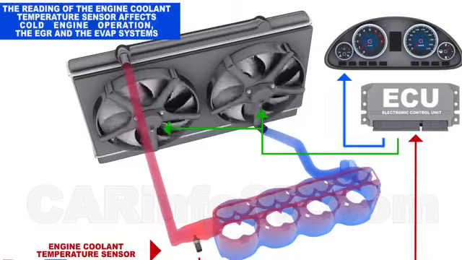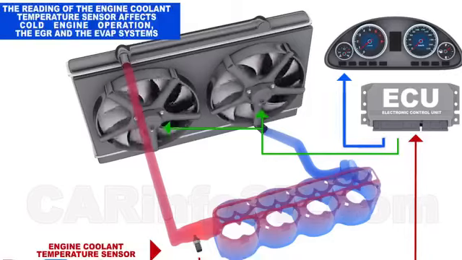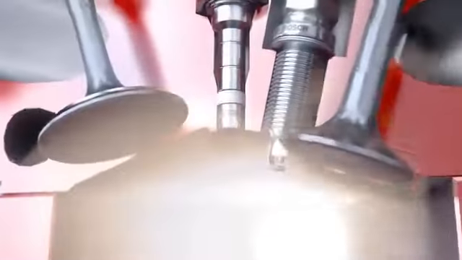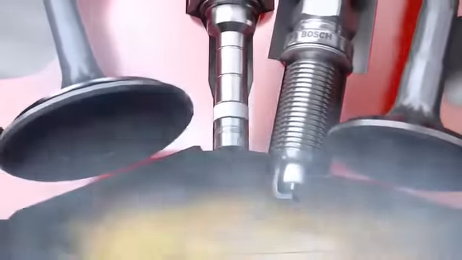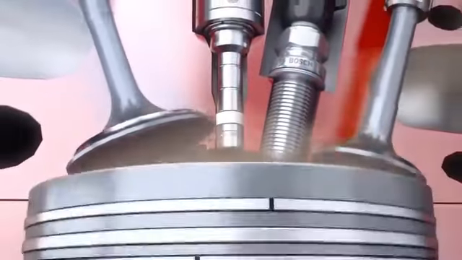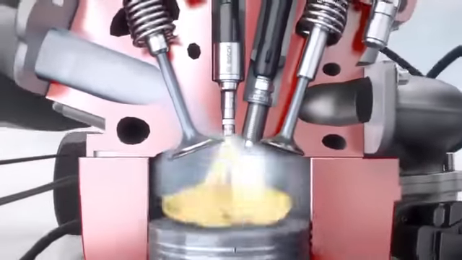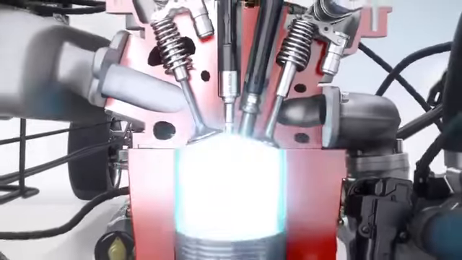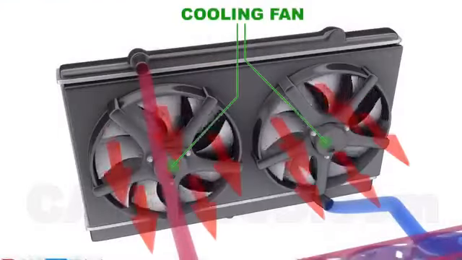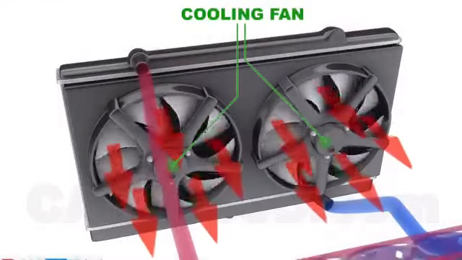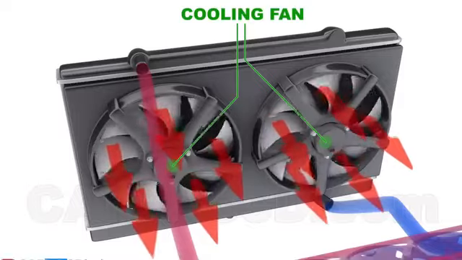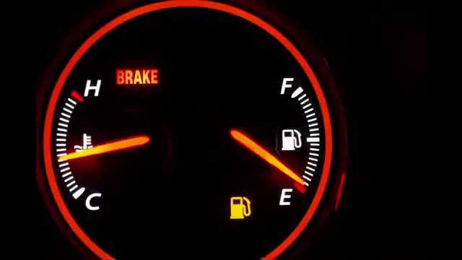It uses this data to adjust various engine parameters, such as fuel injection, to enrich the fuel mixture when the engine is cold to improve starting and warm-up. Ignition timing, adjusting spark timing for optimal combustion based on temperature. Cooling fan operation, activating the radiator fan when the coolant exceeds a certain temperature. The CTS also provides real-time data to the dashboard temperature gauge or warning light, alerting the driver to the current